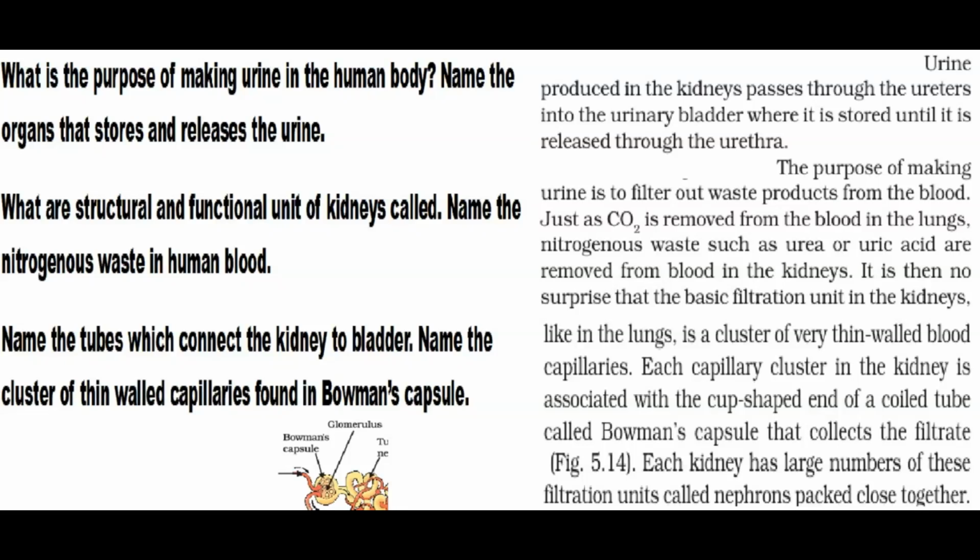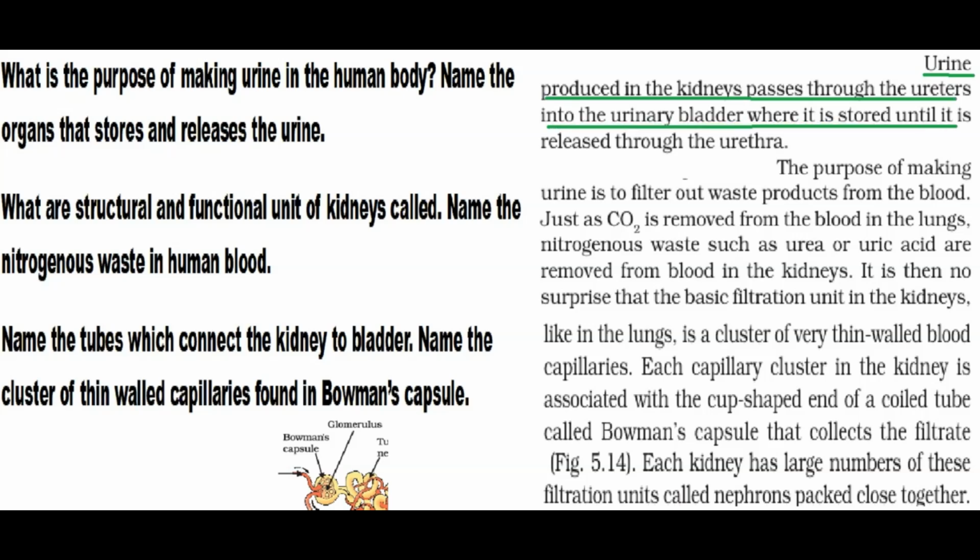Now these paragraphs are from NCERT science textbooks for class 10. Human excretory system from the lesson life processes. So in this paragraph what is written is, urine produced in the kidneys passes through the ureters into the urinary